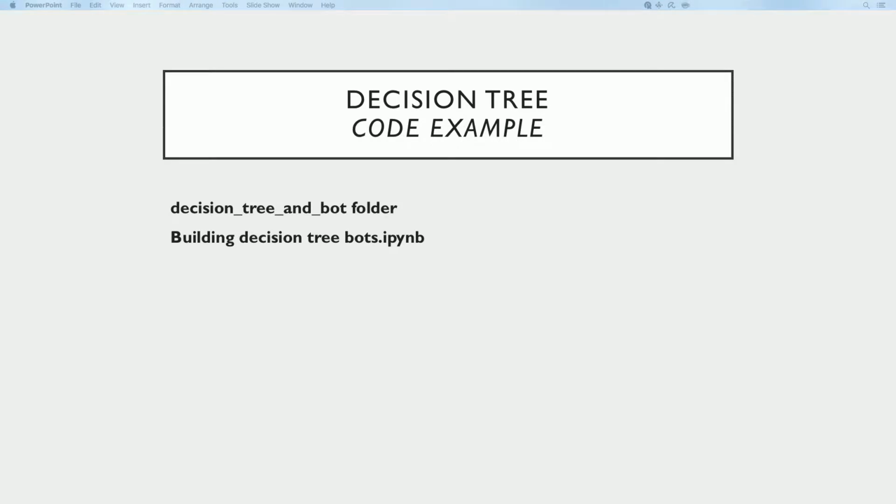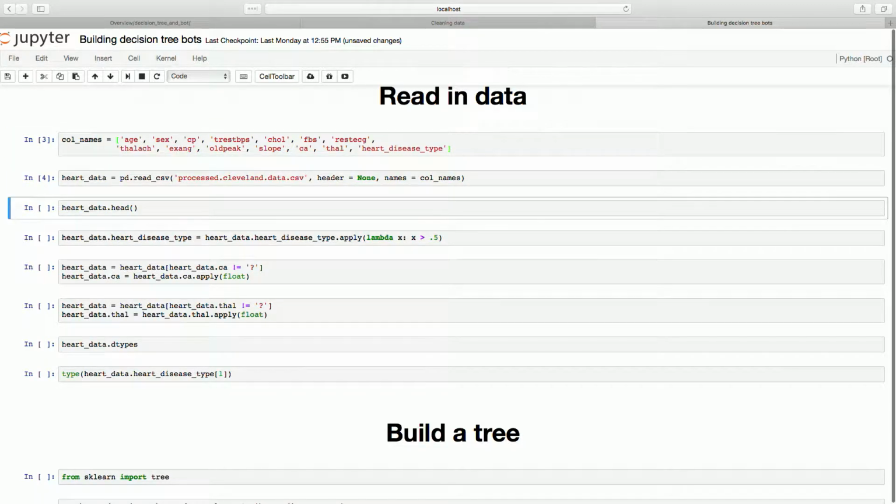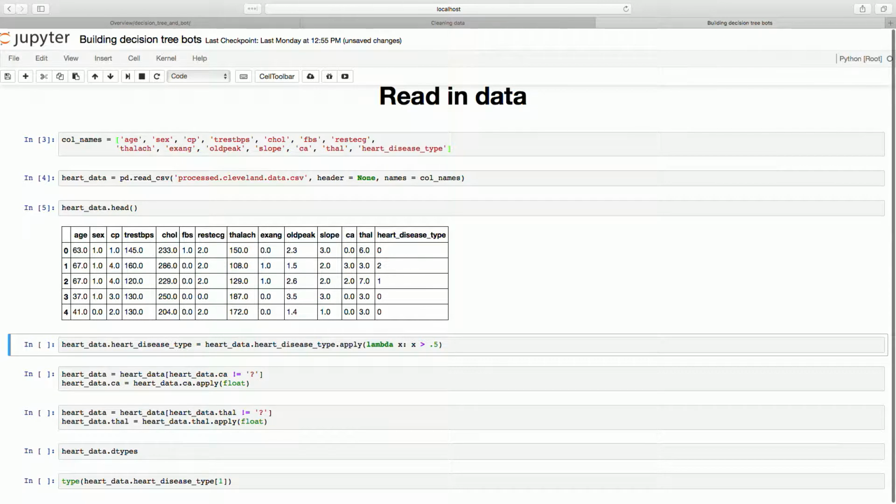So we're first going to build a decision tree, and I'm going to show you the code for that. It is in the decision tree and bot folder, and it's called Building Decision Tree Bots as a Python notebook. The first thing we're going to do, as always, is read in our data and make sure it's clean. In this case, the column names are not stored in the data format, but I have them separate. So I have my column names, I have my heart data, which comes from the Cleveland Clinic, and if I take a look at the head, I see that I have a fairly wide data set, something like 13 or 14 columns,